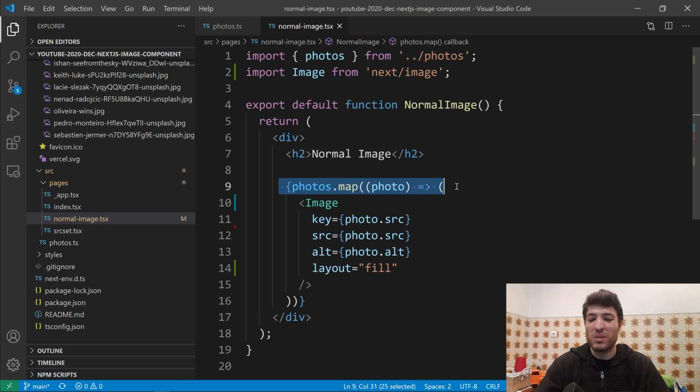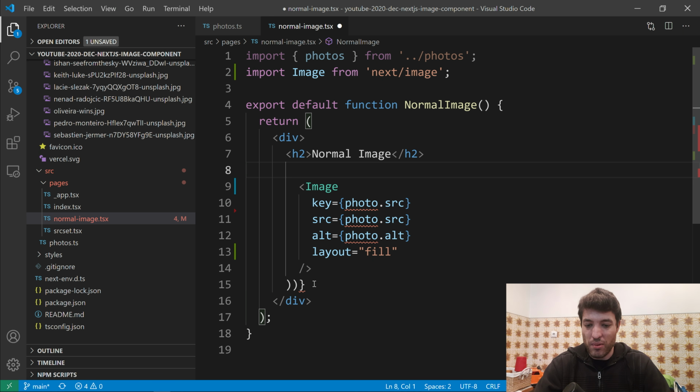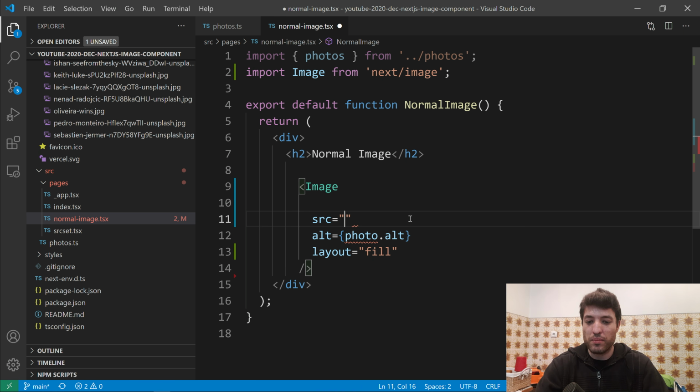And in this moment, it doesn't make sense to have an array of images because what's going to happen is that we will fill the container if the container is a position relative, right? So if you have a div with a position relative, it will fill that container. But in my case, what I want to show you is how to do background images, right? So I will remove everything from here, and I will also remove this. And now I will remove this key, and the source will be just this